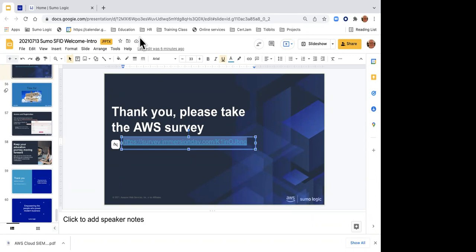Somebody asked, is this class sufficient to take the exam? Well, it depends. We built a special exam for just this class. So this class is sufficient for you to take the exam that we built for this class. But as far as our regular certification classes in security and Sumo Logic, no, it's not. We go into a bit more detail. In fact, the two things that we talked about here, Cloud SIEM and Cloud SIEM Advanced, are actually two or three different certification courses that we have. So a lot more time, a lot more detail. So good question. But yes, you can take this exam and be good to go.